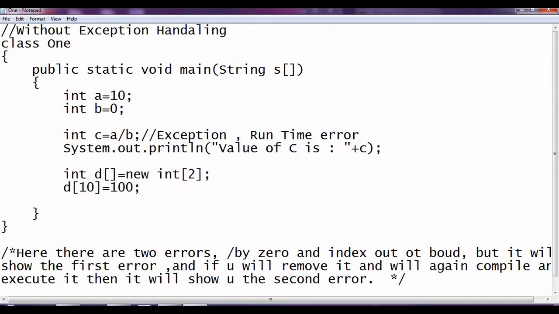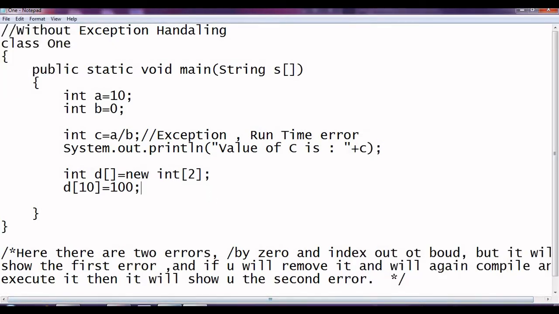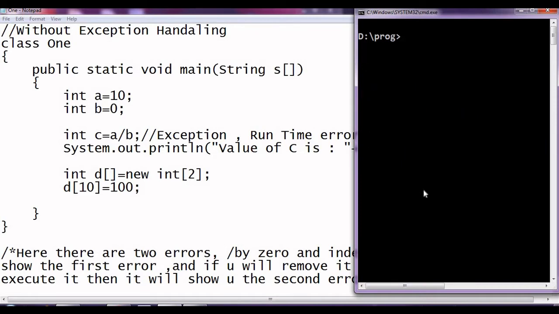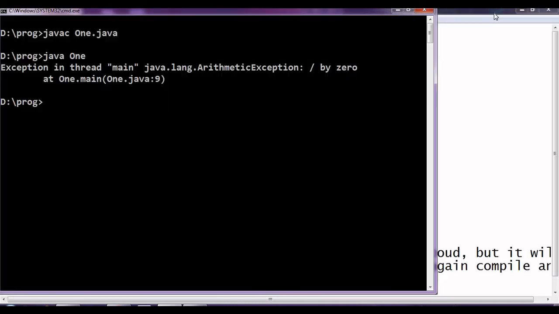So let us check it. We will save the program, and we will run it. Exception in thread main, arithmetic exception at line number 9, divided by 0.